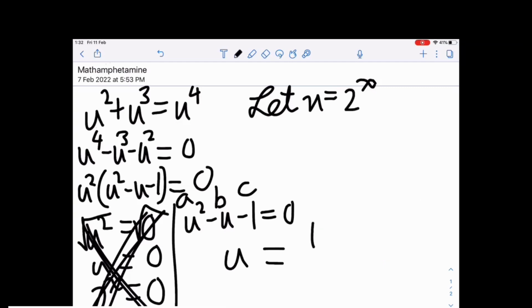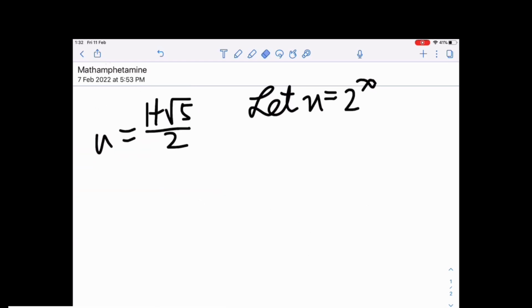And then we will get 1 plus or minus square root of 5, divided by 2. Let me write: u is equal to 1 plus square root of 5 divided by 2, or u is equal to 1 minus square root of 5